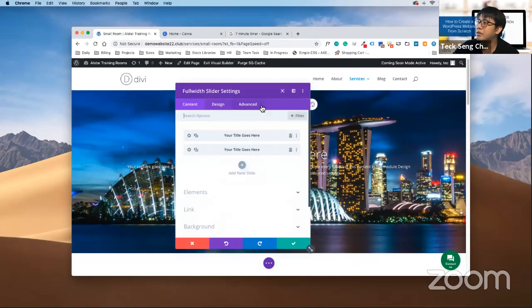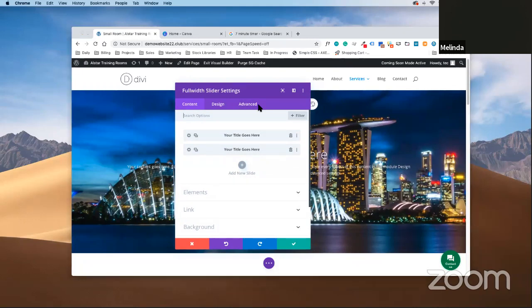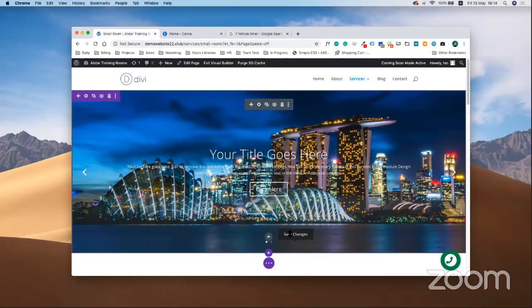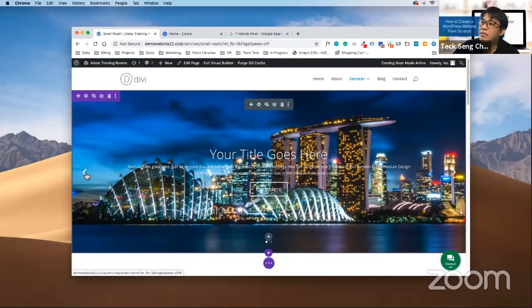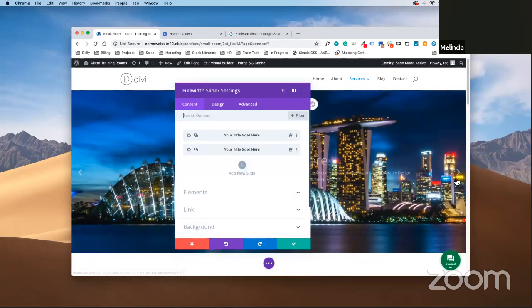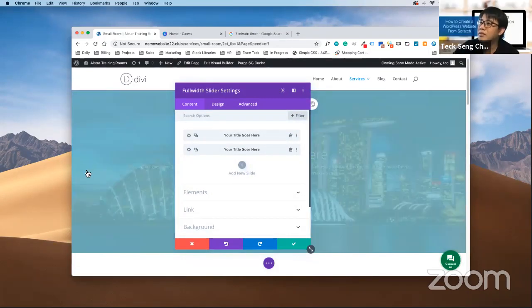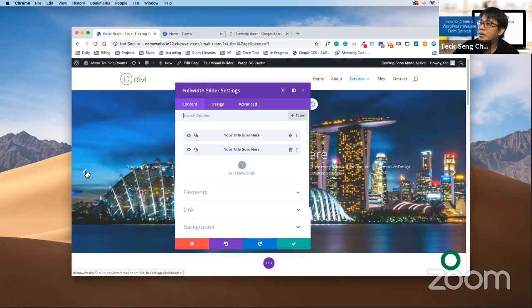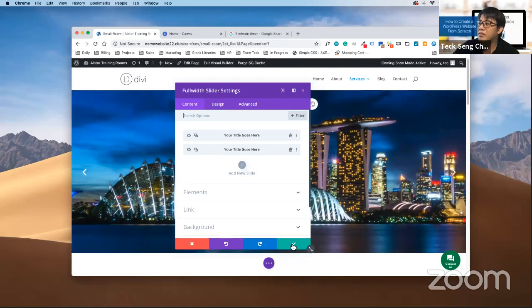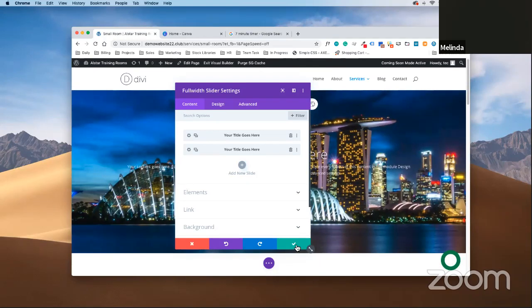Click on the module. Sorry, when I click back, the picture is not there. It's still back to the green color patch. Then you click the arrow on the left right, you see whether the arrow is there. No, it's not there. Do you click the green tick or not? Yes, I did. Okay, we check again.